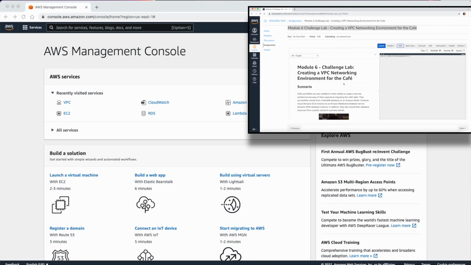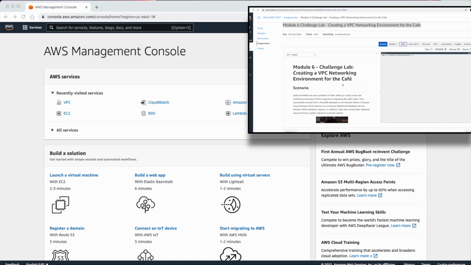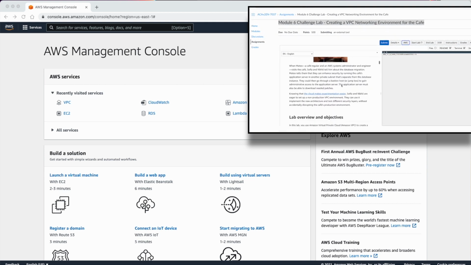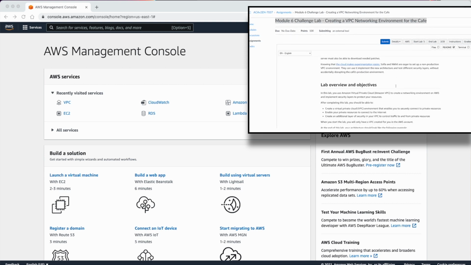Okay, guys, so welcome back to Challenge Lab, creating a VPC networking environment for the cafe. Now, this is the lab that we need to do here for Module 6. In this lab, we have to deal with a new requirement, and the objective of this lab is to